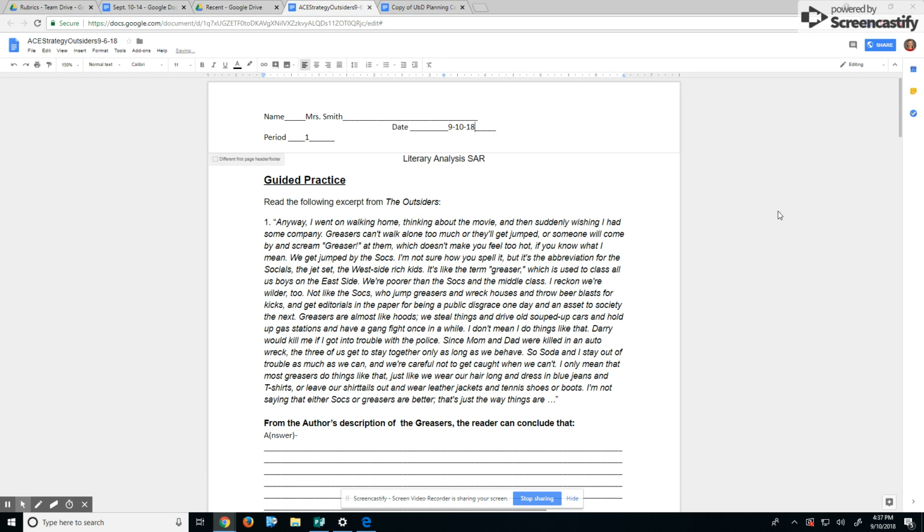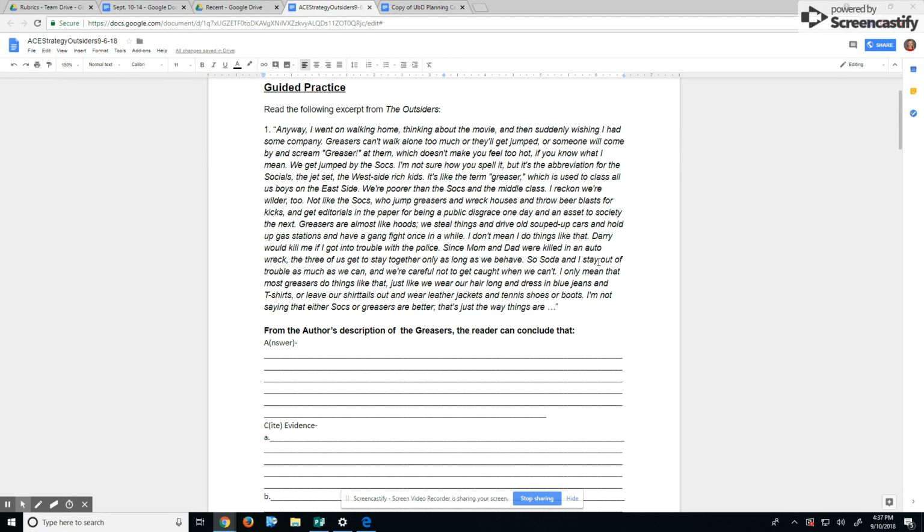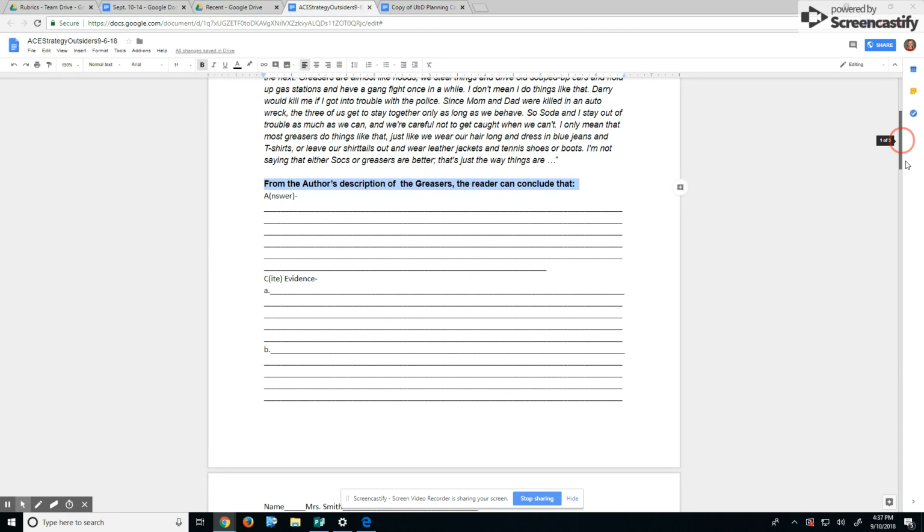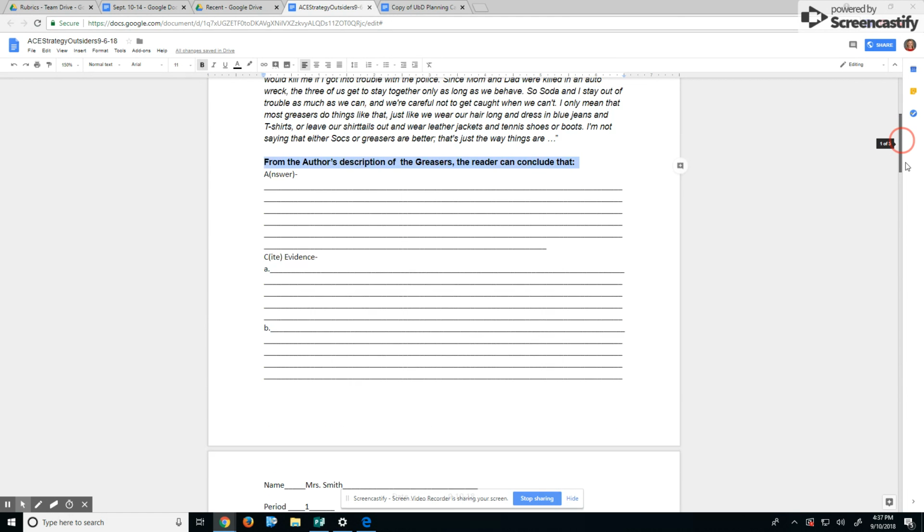All right, now remember we talked about when we get our literary analysis, the first thing we're going to do is look at the prompt. The prompt is the bolded question that's below the passage. So you're going to look past the passage and go to the bolded question. In this case, it is from the author's description of the greasers. The reader can conclude that,